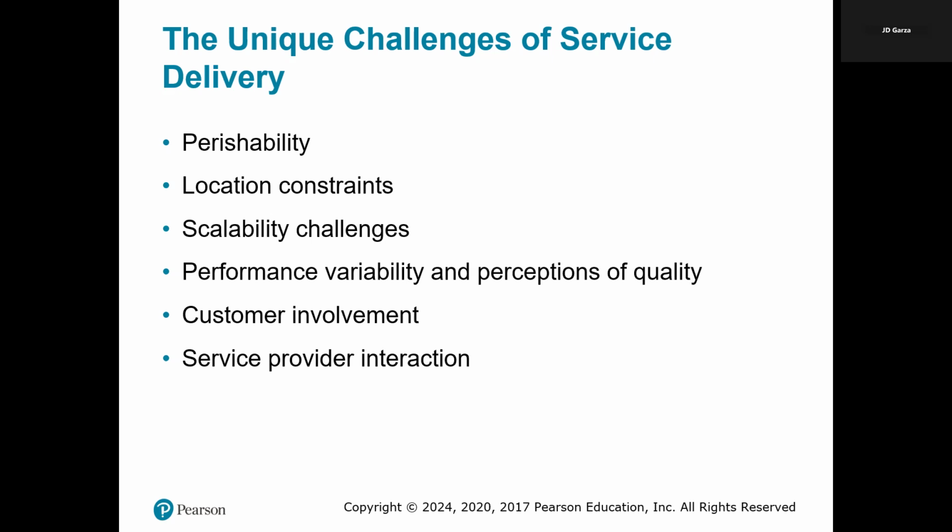An example is a friendly and attentive server in a restaurant, which can create a positive dining experience, while a rude server can turn customers away. So in summary, service delivery represents unique challenges due to its intangible, interactive, and time-sensitive nature.